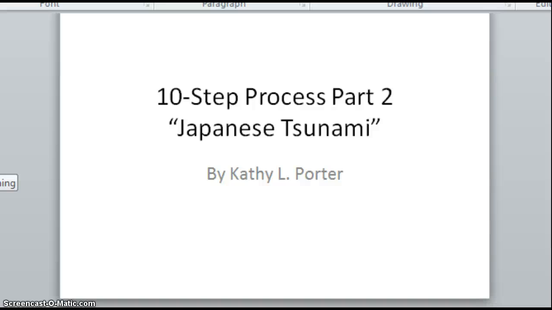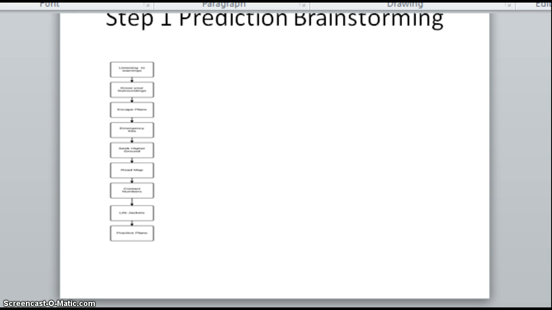The 10-step process, part 2. The first video is Japanese Tsunami. My predictions with this, I thought would be the same predictions that would be used as having the first video